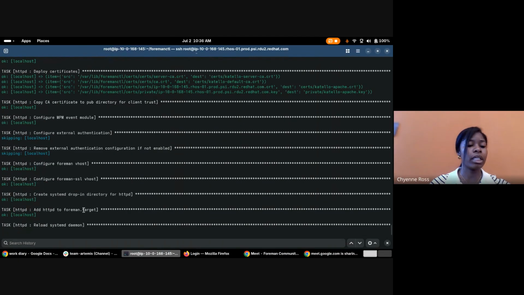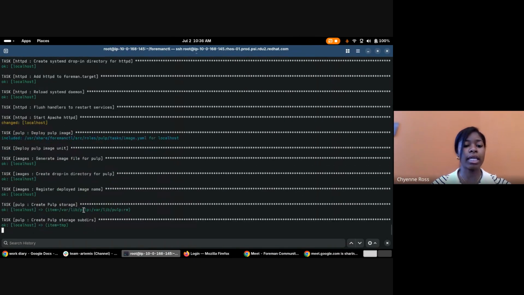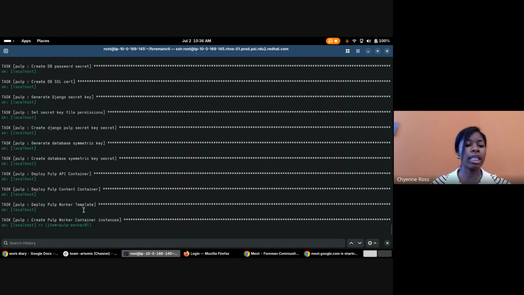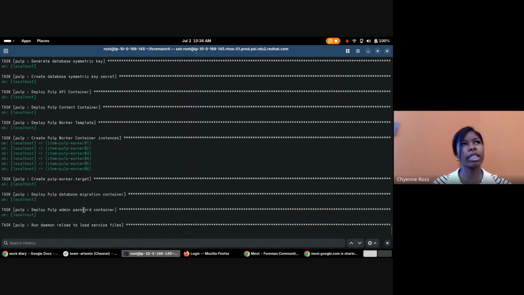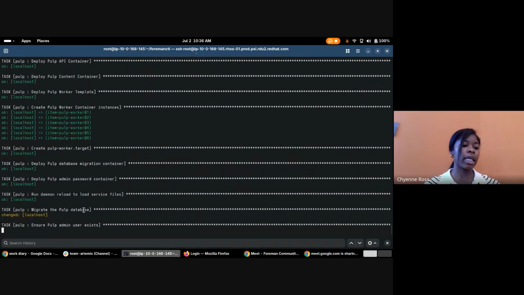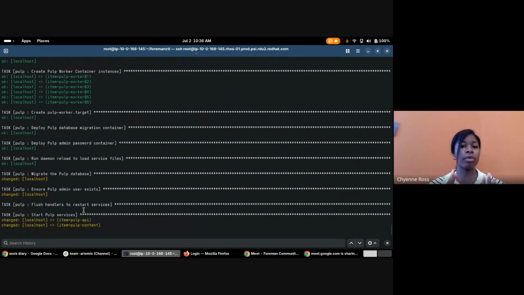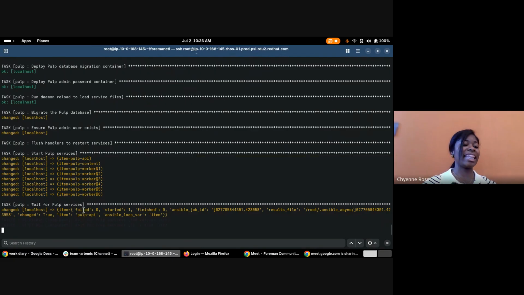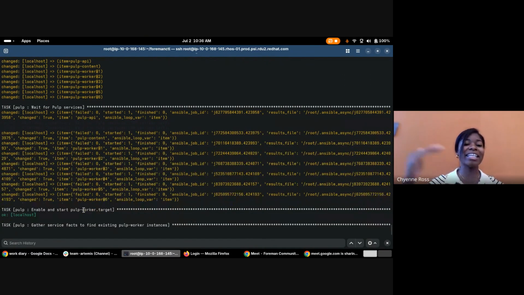And then it checks your ForemanCTL status at the end, or Foreman target status, I think I should say. But in all, what this restore is essentially doing is that it validates your system, it stops your services, it restores your state, and then restores your databases, and then restores your content, then it deploys, and then it verifies everything